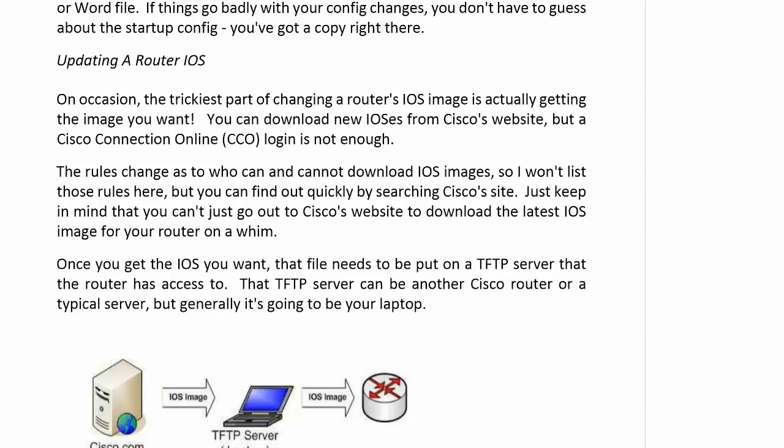A lot of people are asking on Twitter, "Hey, I want to get the latest and greatest IOS. How do I get it for my home router?" Well, you probably have to give Cisco money. You can download new IOSs from Cisco's website, but just having the classic CCO online or your certification login, whatever,